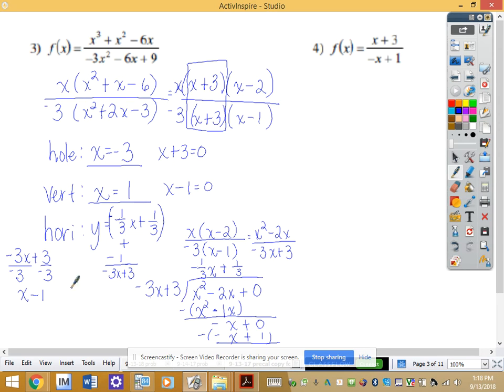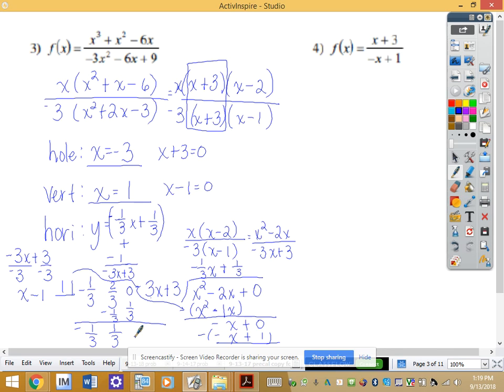Now, if you're doing that with synthetic, your box is going to be a 1. Remember, you've divided all of these by negative 3, sorry. So that's negative 1/3. I divided this by negative 3. So that's 2/3. So you're going to get confused. And then this is going to be my 0. Okay? So remember, your number comes straight down. So you get your negative 1/3 here. Negative 1/3 times your 1 is negative 1/3. There's my 1/3. My 1/3 times 1 is going to give me 1/3. So you're going to have a remainder of 1/3,